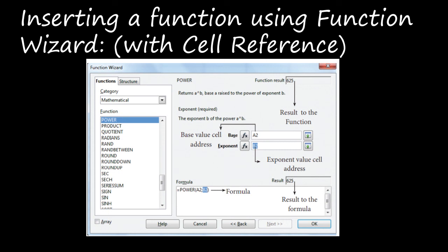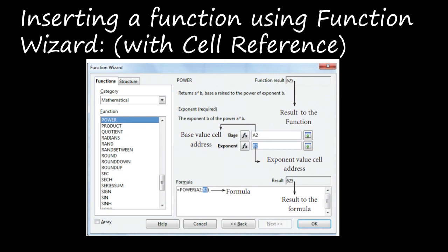Then you have to type the cell address which contains the exponent in this exponent box. Or you can click the shrink button, click the cell which contains that value, and again click the maximize button to display the full wizard, right?